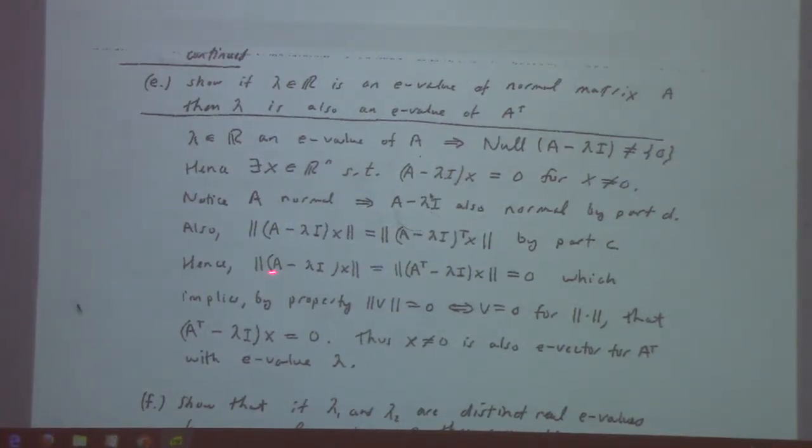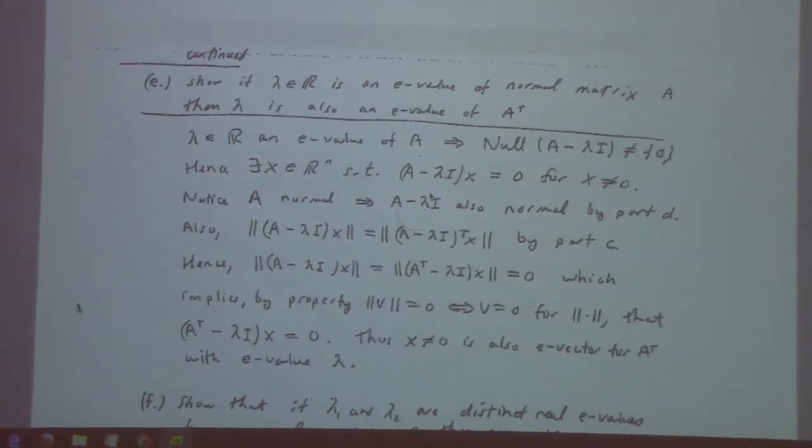Anyway, that being 0 forces this vector to be 0, which is to say that x is in fact an element of the null space of A transpose minus lambda I. And it's non-zero, which is to say that it's an eigenvector for A transpose with eigenvalue lambda, right? Now,